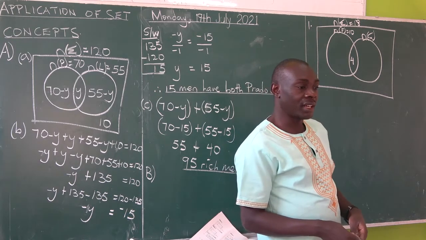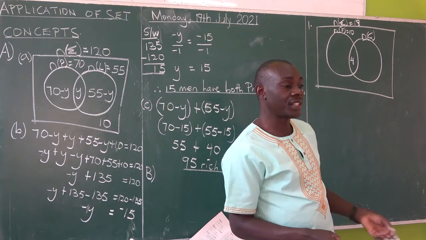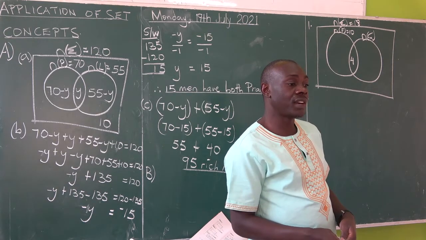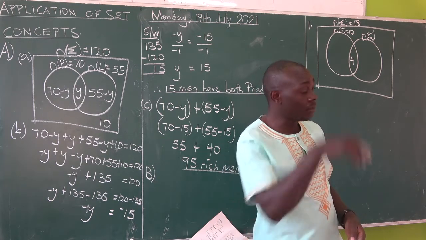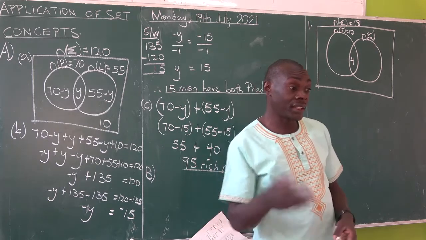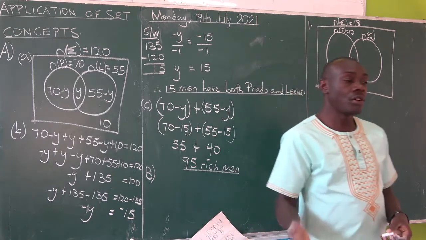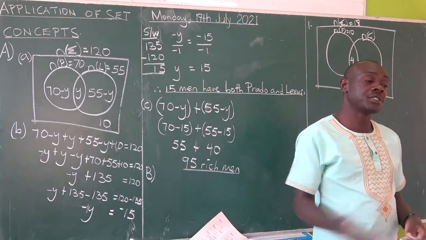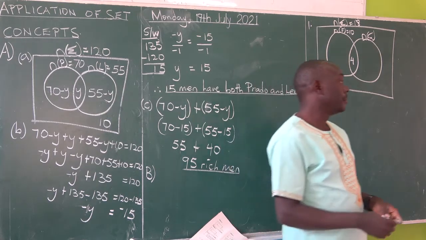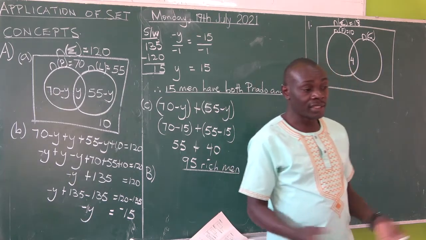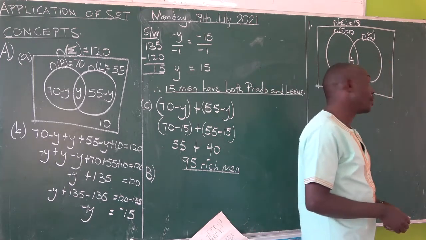When we say X drank Coke but not Fanta, it's the same as X drank Coke only. Coke but not Fanta. Whenever you hear such language in such concepts and they say but not, so think about the word only. Coke but not the other one, but not Fanta. It's the same as Coke only. Likewise, Fanta but not Coke means Fanta only. Only that now, it is just direct, only Coke. So X drank only Coke.